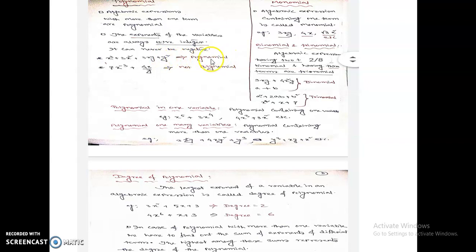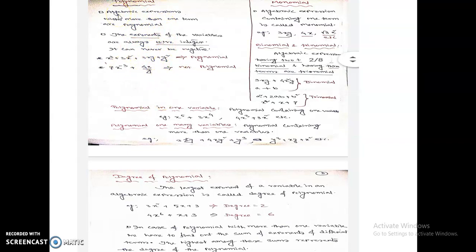So here you can see x cubed plus 3x squared plus 3xy plus y squared. It is a polynomial because different variables are connected. x cubed, x squared, xy, y squared, all the different types of variables are present in this polynomial expression. Whereas in the case of a monomial, only one term is present. 3xy is an example of a monomial. 4x is an example of a monomial. Root 3 x squared is an example of a monomial. That contains only one term. But here you can see so many terms in this polynomial expression.